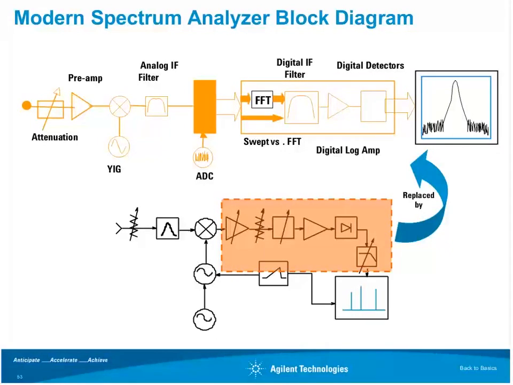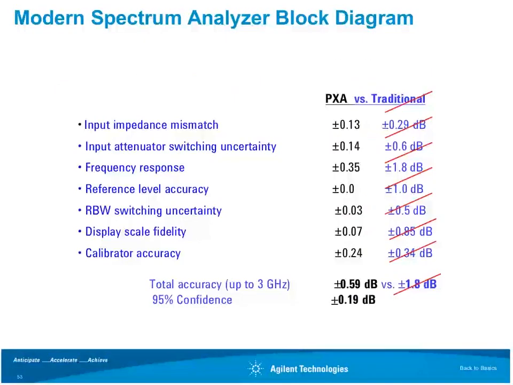And at that point, you've now entered the digital realm, and so all the processing in the IF is now done digitally. And so we can do our FFTs or swept type measurements. And then, again, at this point, everything is done digitally, and we've replaced a whole lot of analog circuitry in the IF. Now, the good news, as a result of doing that, our overall measurement uncertainty goes down